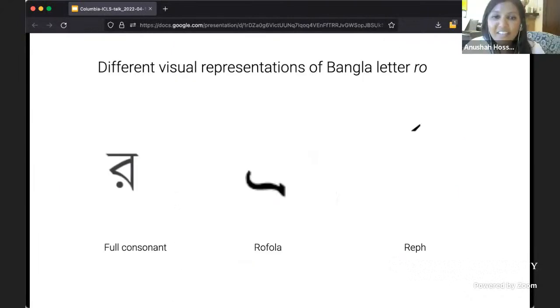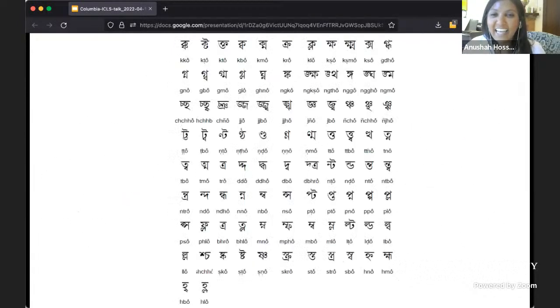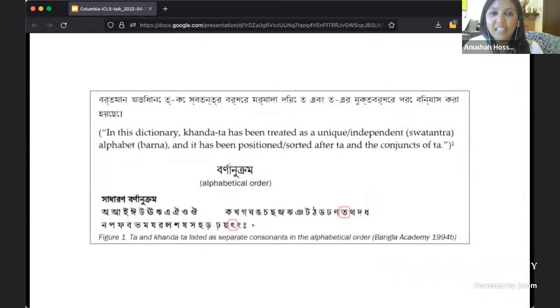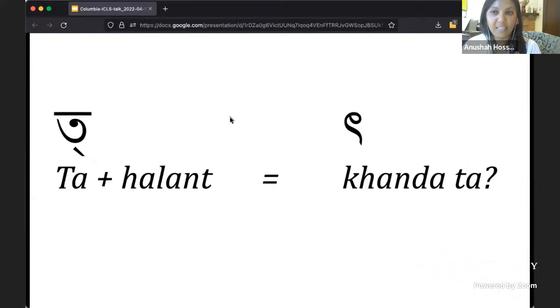Okay, so those are pictures of the Bangla script and a little bit about deliberation more. And that's a clip from a dictionary that shows two different letters. I'll say for the Bangla user community, the linguistic status of Kandata on the right felt unambiguous. Though it was initially a graphical variant of tha, so kind of like the different ways you saw the letter A in the Latin script, Kandata had evolved into its own position of the alphabet and was distinguished from tha